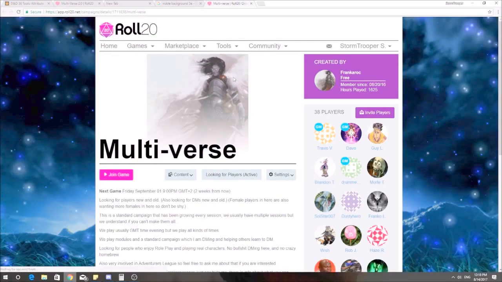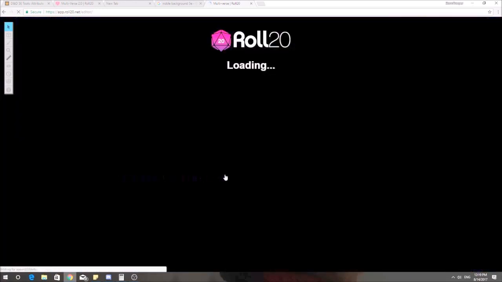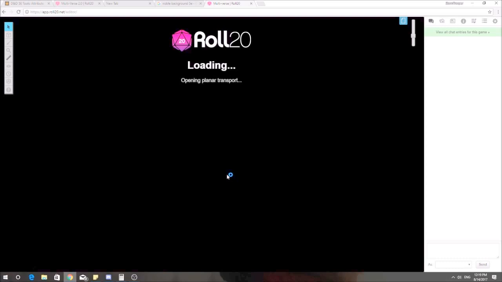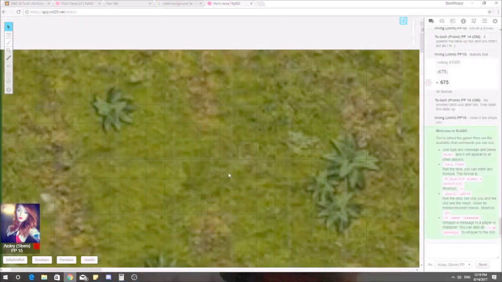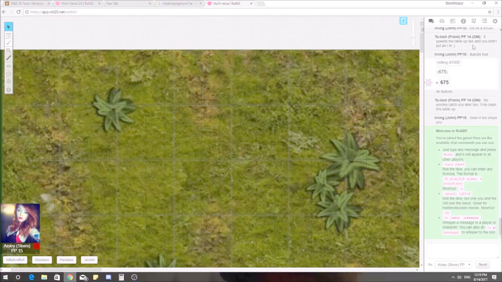This is going to send you to a page that has a description, and once you get here, you're going to want to click on join game, and this is going to take you to the table. This allows the DMs to associate you as a player and to provide you with the character sheet. Once you do that, I will take you to my personal